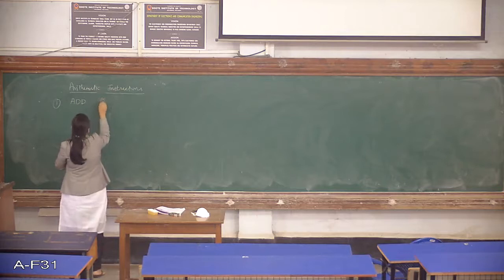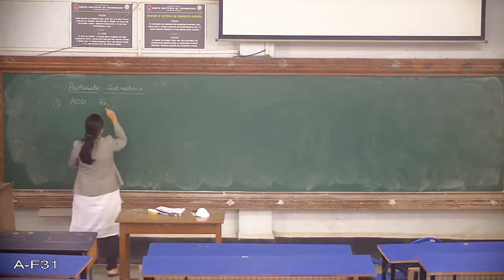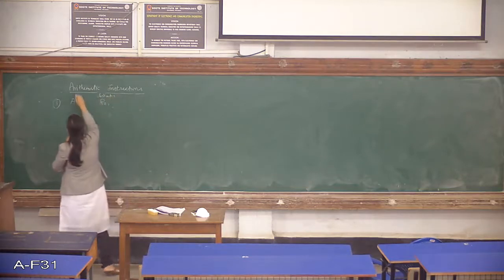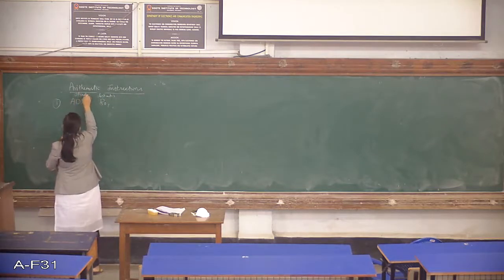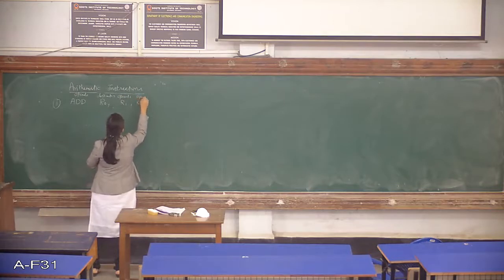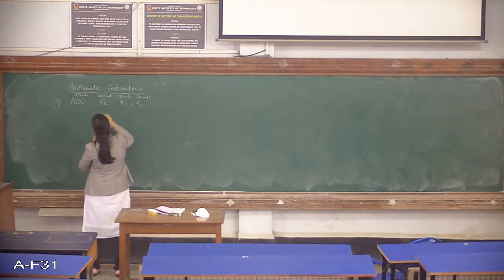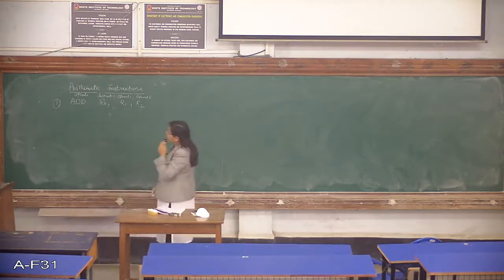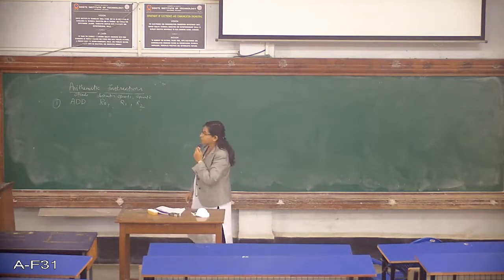Then you are mentioning the register. So this is nothing but the destination. First is the opcode, destination. We have R1 and then we have R2. So this is nothing but operand 1 and this is operand 2. So this is a 3 address field instruction what we have. So we have opcode, destination, and then we have 2 operands, operand 1 and operand 2.